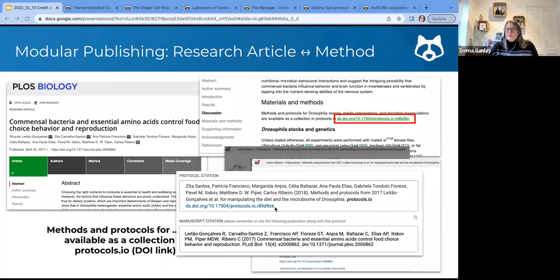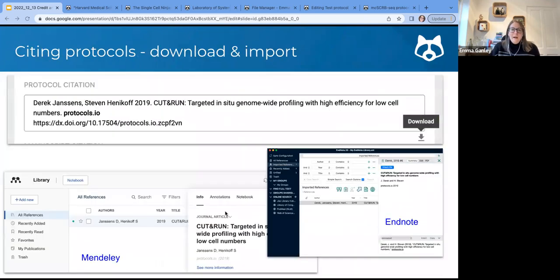And you'll have the citations for both article and protocol in the metadata section, as I showed you before as well. I mentioned too that from the protocol citation, you can download a bib file and you can pull those into Mendeley or EndNote or whichever your reference management tool is of choice. And that's very easy then to not only have the DOI in the materials and methods, which is quite nice to have that live link directly from the location, you can also have the citation to the protocol to make sure that the credit part happens as well, for the protocol to be cited down the line.